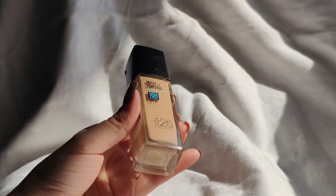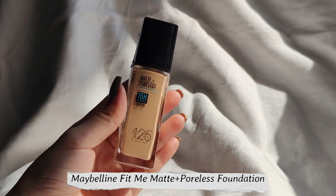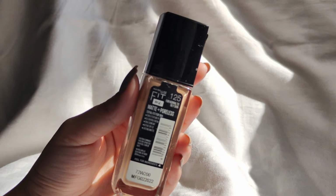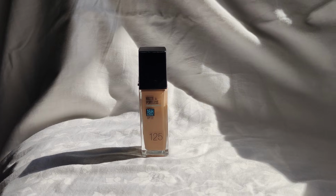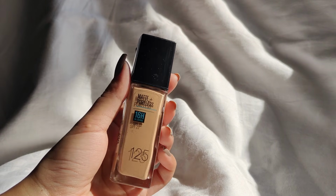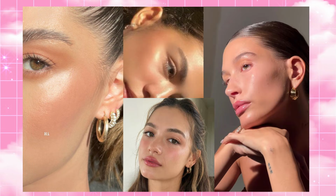Next product which I wouldn't recommend you buy is the Maybelline Fit Me Matte Plus Poreless Foundation. Now I know these are like a cult classic foundation formula and everybody loves these, so I'm not going to say this is bad or this is big fail in terms of what it is. I think it is a good formula. It is a matte foundation which is affordable and it works for most people, but I feel like in 2025 we are going to be going for a much more dewy, more hydrating foundation formula